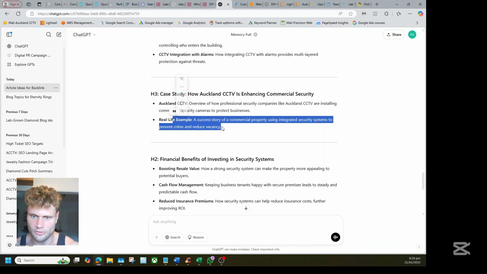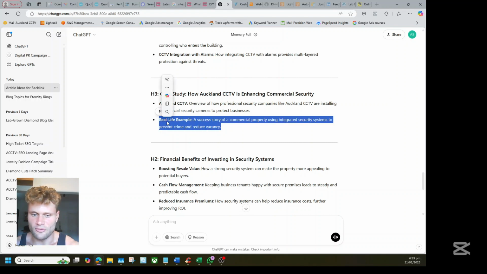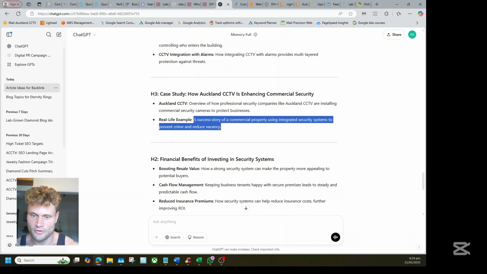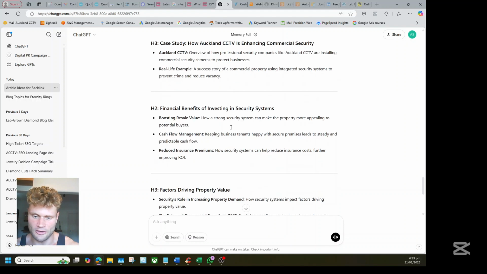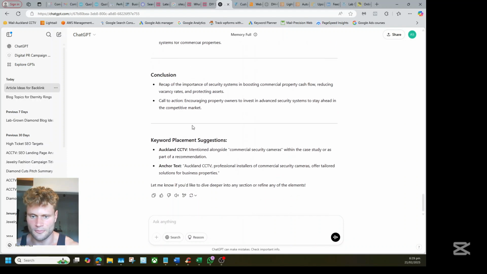Real life example. Look, in the most ideal circumstance, if you're going to provide a real life example, you should actually provide a real life example. We do have some. I don't know if I want to put their personal details in, but we can make something up that sounds good. See, another H2 and H3. Okay, this is cool. Yep, sweet.